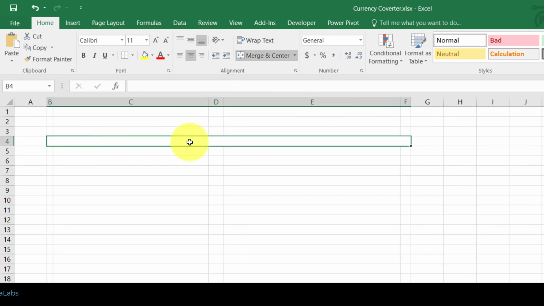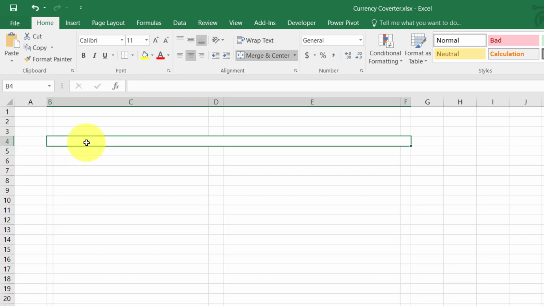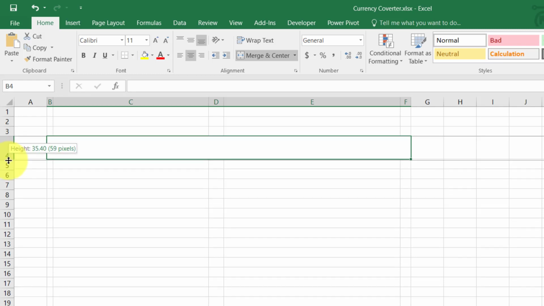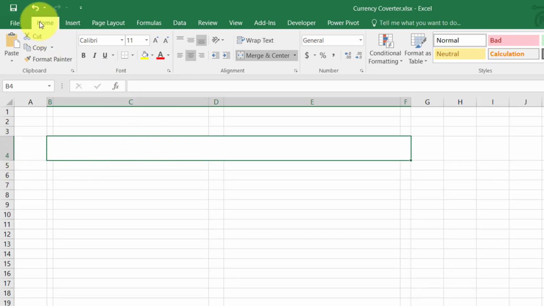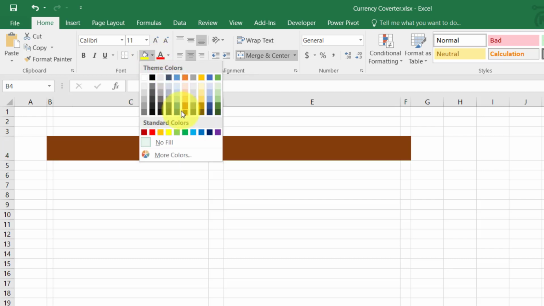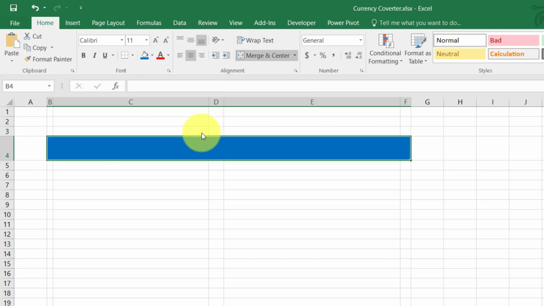Now we need to create the column header, the header of this currency converter. So let's expand the height of this row, and then just go to the home and fill color. So we just need to fill with any of the colors. So I am just going to select this blue and double click on that, this merge cell, and enter